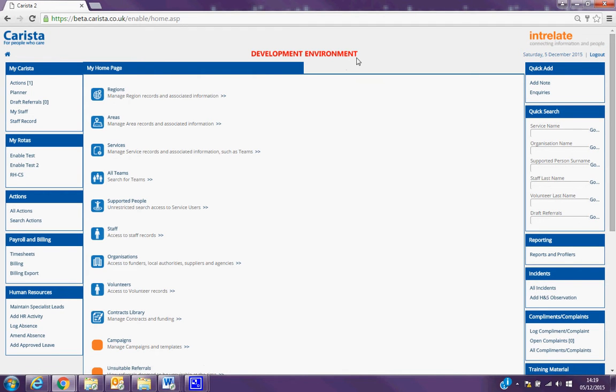So the next section we're going to look at is the My Rotas section. Because it's your rota, it relates to you, so it'll be down the left hand side, in this column here. You'll see here there's a section called My Rotas. If you just select one of your rotas, you will see that it actually pops up in a new